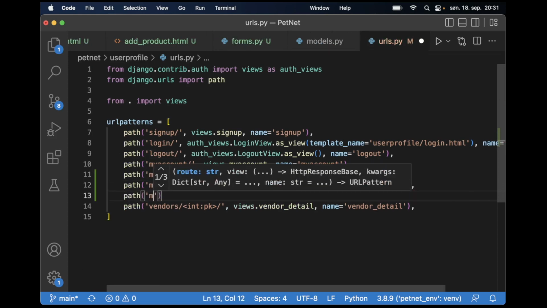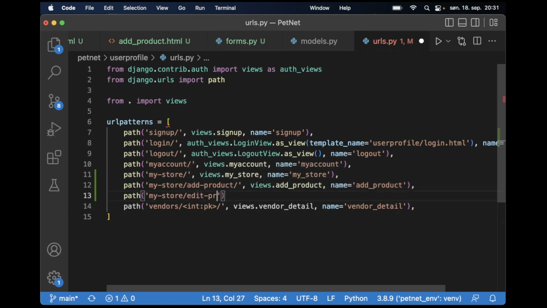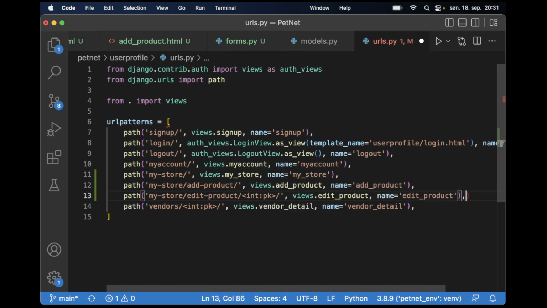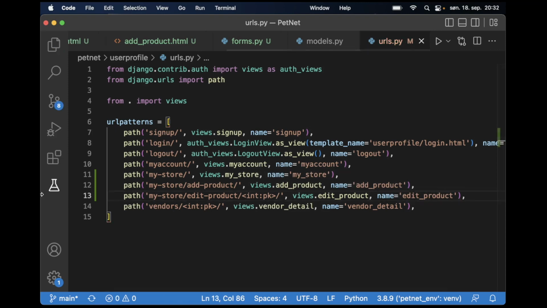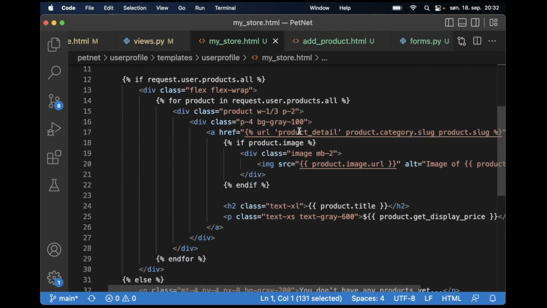Oops, path my-store/edit-product. And then here is an int because we are expecting an integer called primary key. Views.edit_product, name edit_product, and save. Great. So if I then go to the list of products in my store, we can replace this